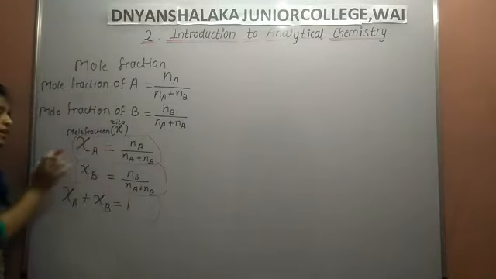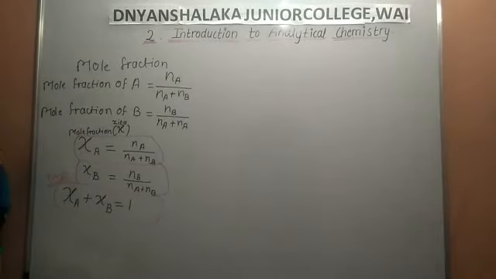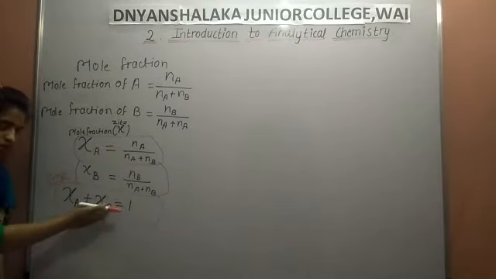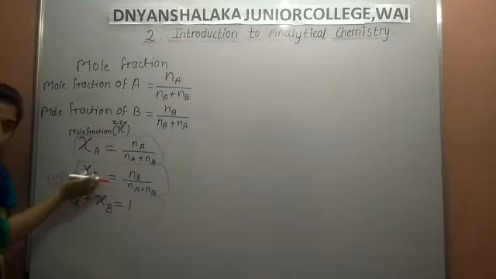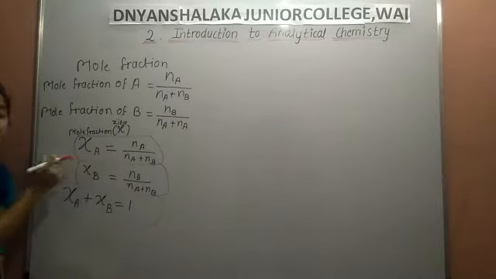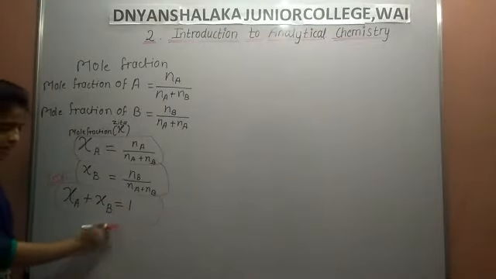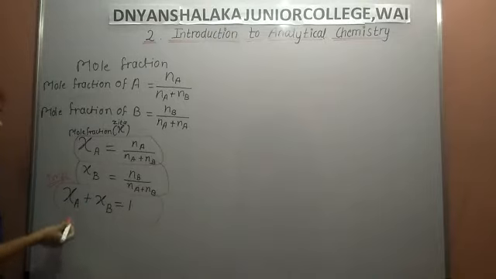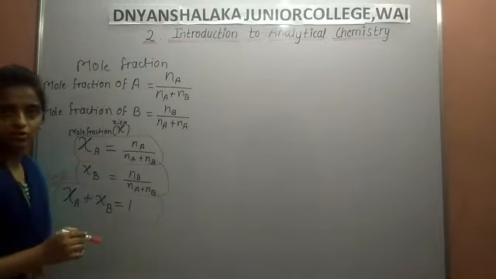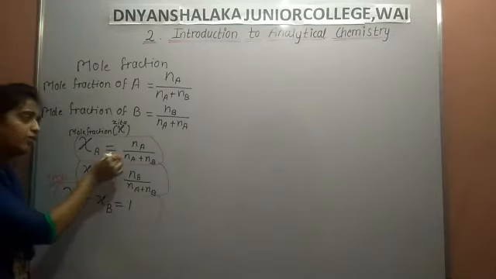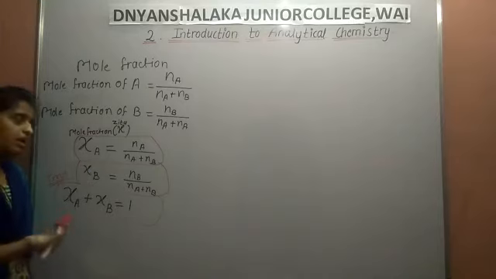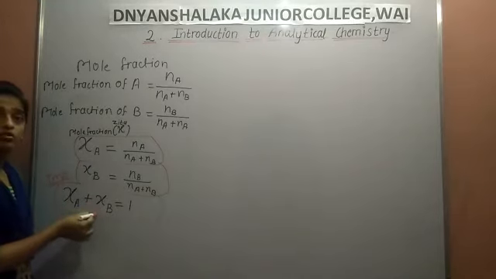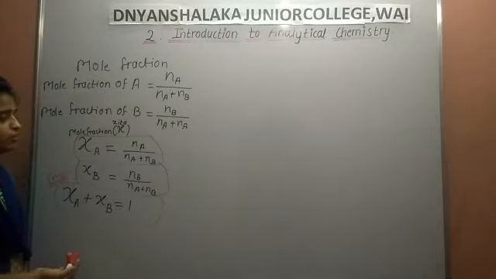We only calculate one component of the solution, and with the help of this formula, putting the value of that one component, we calculate the mole fraction of the second component. मतलब एक में कोई एक का मोल फ्रैक्शन हमें कैलकुलेट करना पड़ेगा और थर्ड फॉर्मूले में वैल्यू पुट करके हमें सेकंड का भी मिल जाएगा। मतलब यहाँ पे ऐसी जरूरत नहीं कि इसका भी मोल फ्रैक्शन कैलकुलेट कर दे और सेकंड का भी कैलकुलेट कर दे। एक कैलकुलेट करने के बाद भी हमें सेकंड का मोल फ्रैक्शन ऐसे ही मिलने वाला है, क्योंकि हम थर्ड फॉर्मूले में वैल्यू जब पुट करेंगे तो हमें मोल फ्रैक्शन ऑफ अदर कंपोनेंट मिल जाएगा।